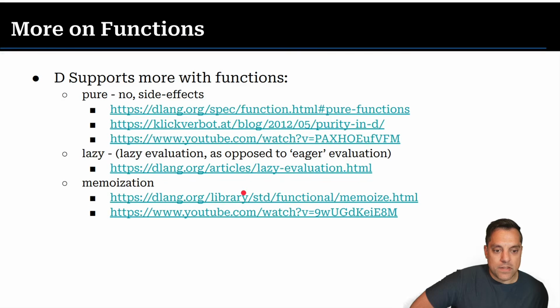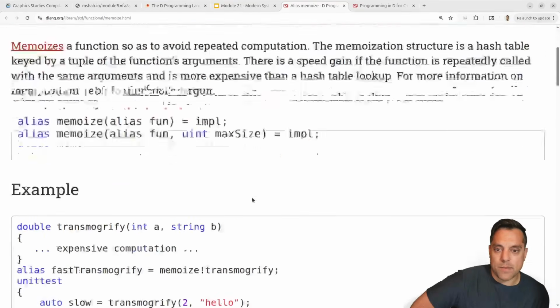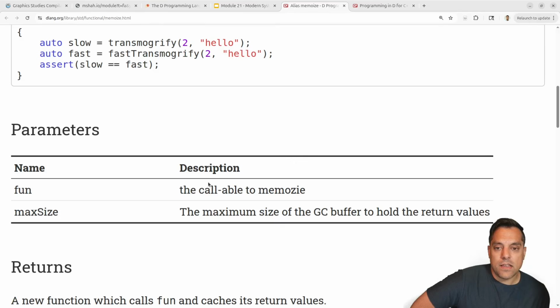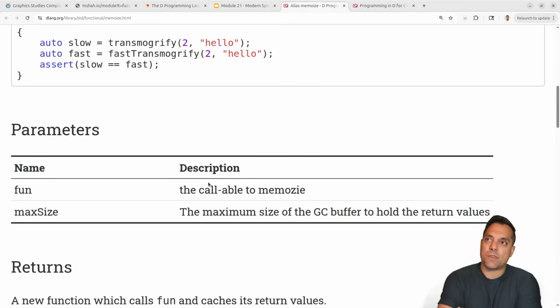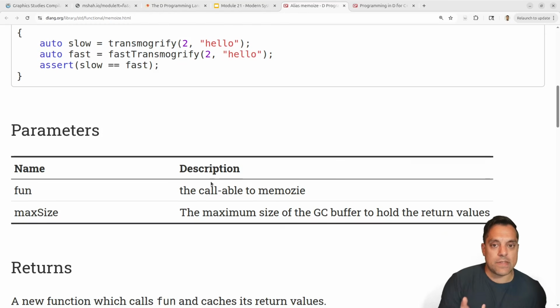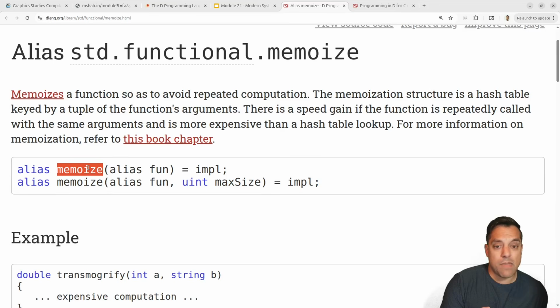Okay, so getting into some other interesting stuff, features, pure functions. There's a whole bunch of stuff you can do with functions, pure functions. Let me work my way from the bottom here, because I know I talked about this already in our systems course. Memoization, I can go ahead and just explore here. But basically this idea here is, when we talked about compiler optimizations, one of the things you can do is change the algorithm and trade some space for time. And if I've already computed some value, then I can save it, right? So in D, you can build that in with memoize, is basically a way to do that.